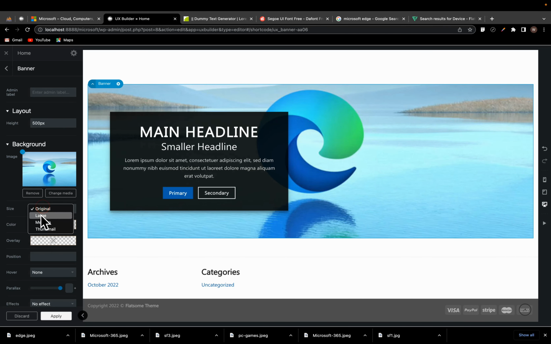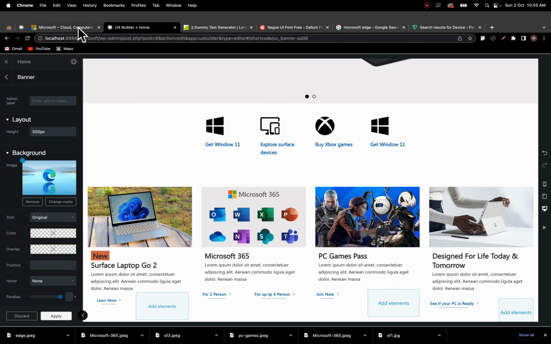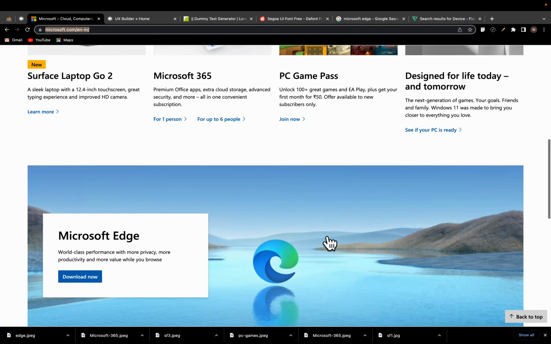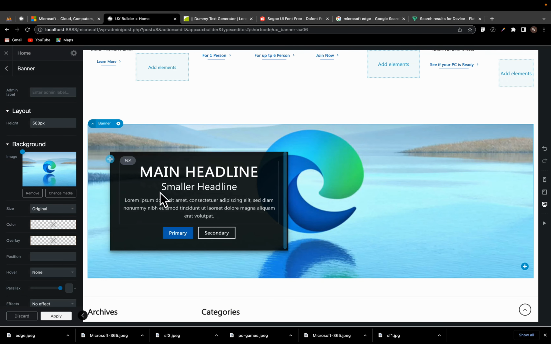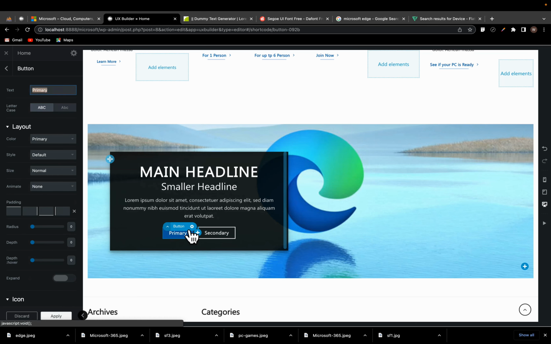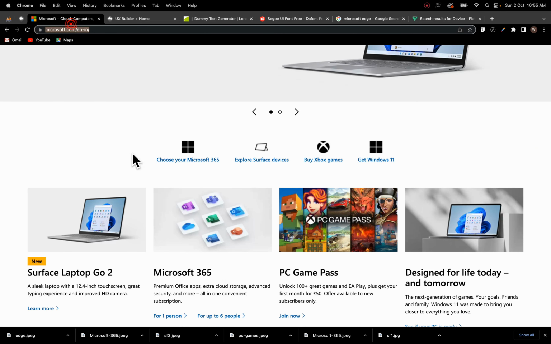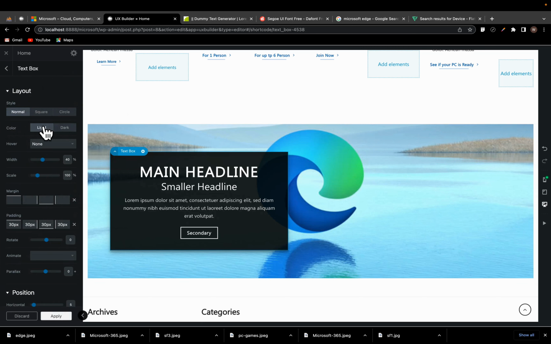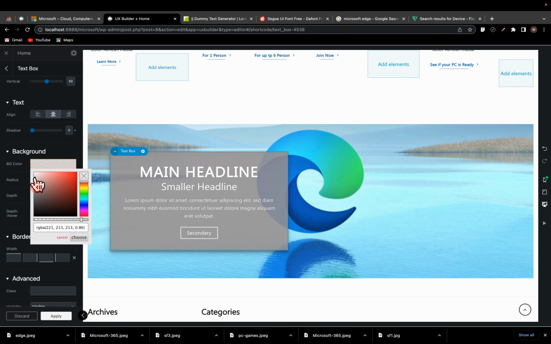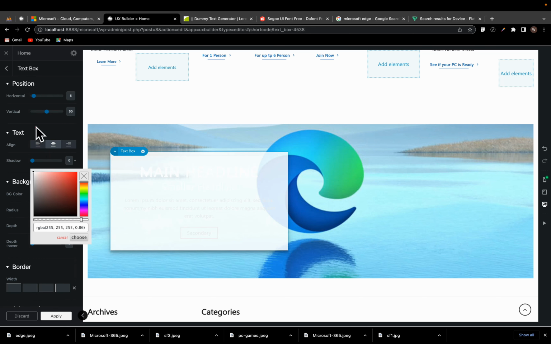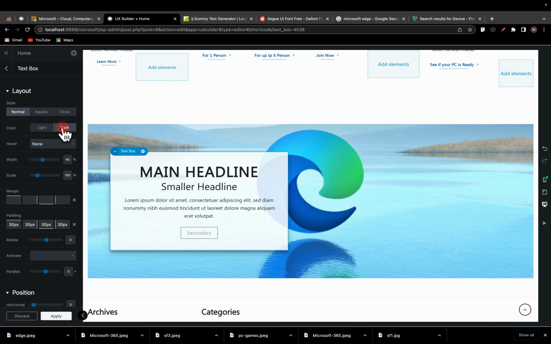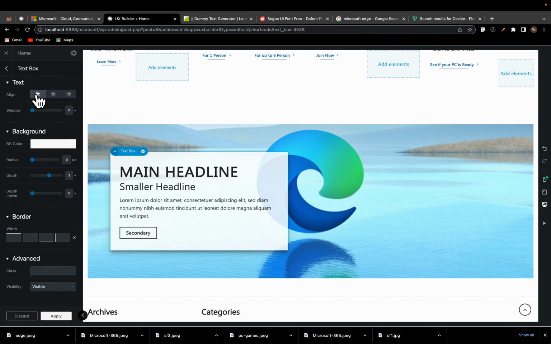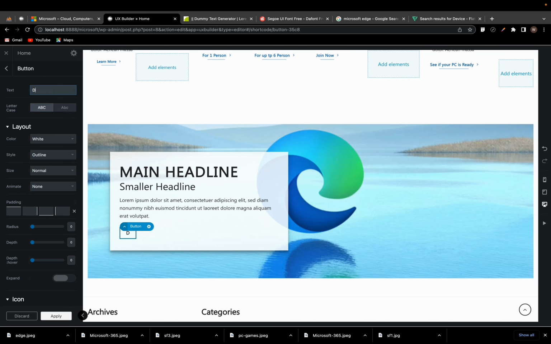The banner has some overlay. I'll remove that. The image size, I want it to be original. It's kind of faded. Let's see over here. It's a little bit faded as well, but yeah, what the heck, it's all right. And the text box, I'm going to delete these buttons because there are no buttons on the other side. If they have just one, okay, I'll change the text box to white. I'll change the background color to white like that, and I'll change the text color to black, and I'll align everything to the left like this, and the button says download